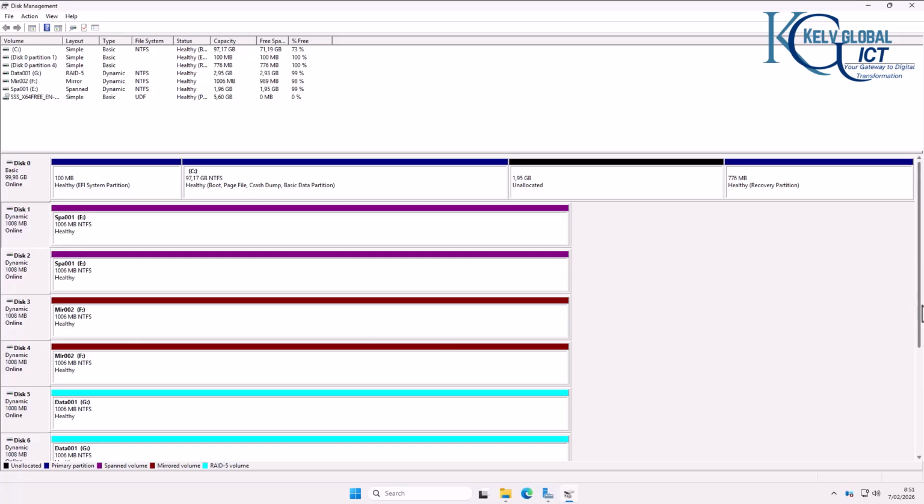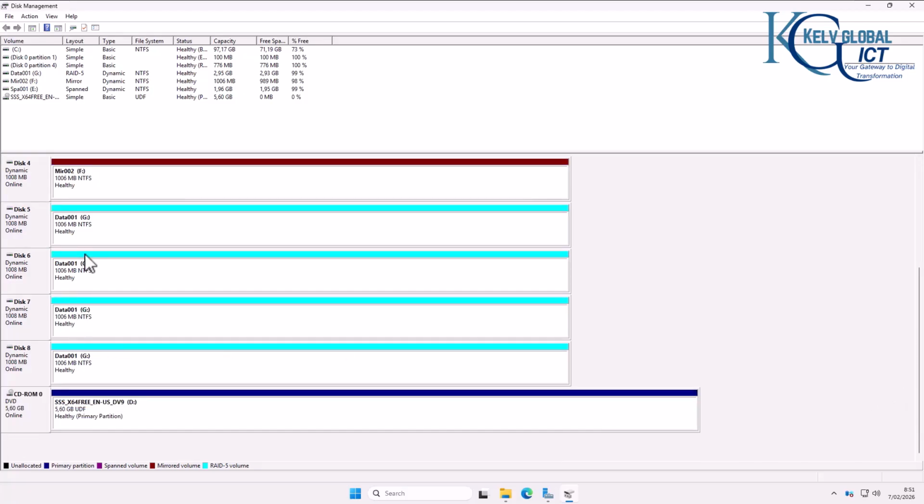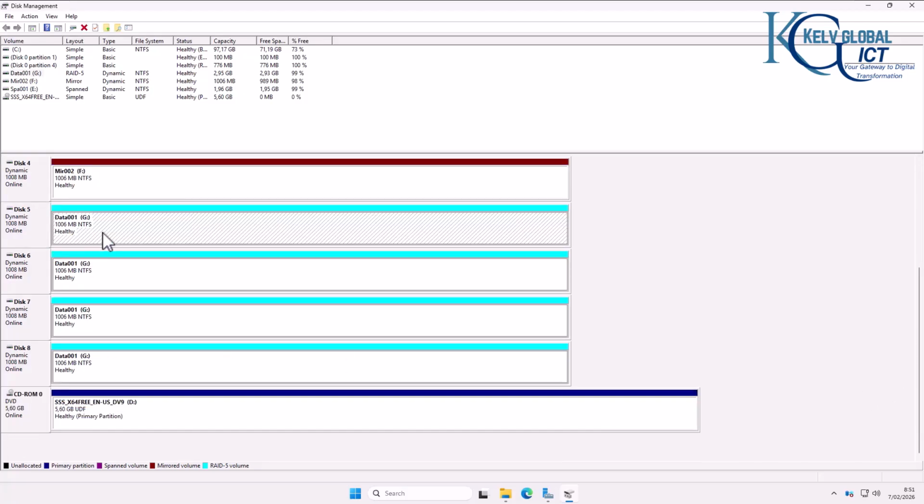While with RAID 5, it's actually being stored on a different disk entirely. So these disks are all independent of themselves. So if something happens to this disk, these 3 disks will still be available for me to recover my data. So this is how you create your mirror disk, your span volume, mirrored volume, RAID 1, RAID 5, even RAID 2 and RAID 3. This is how you create it using Disk Management on a Windows Server